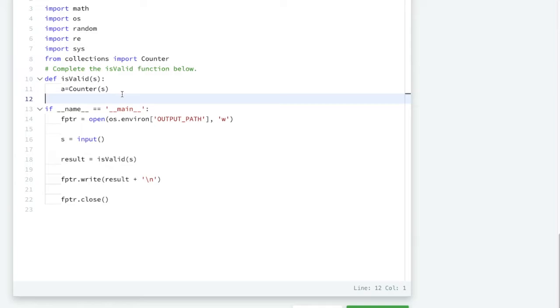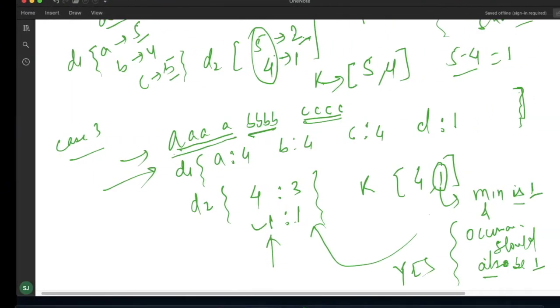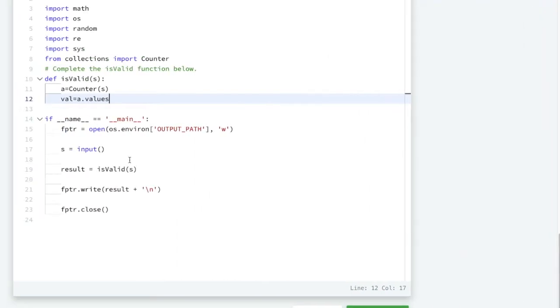Now we will simply take the values part: val equal to a dot values, means we are taking only the values part in a list, for making d2. So a dot values, and we will take this in a list.